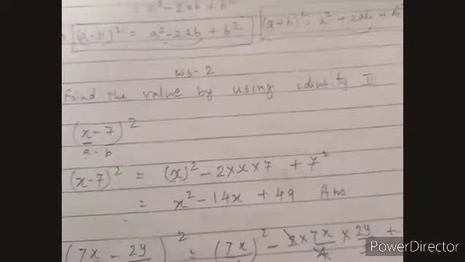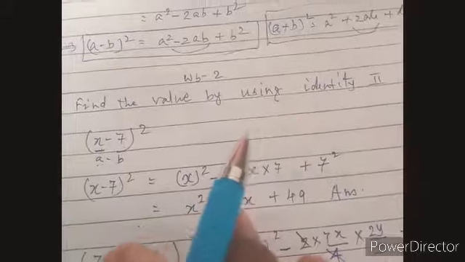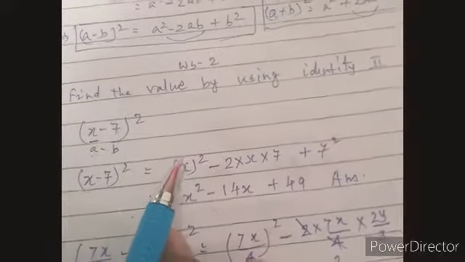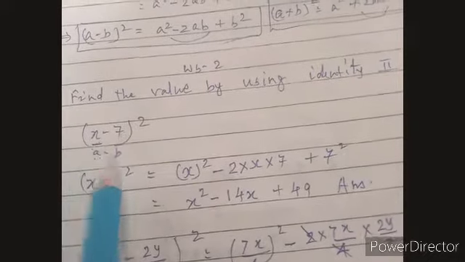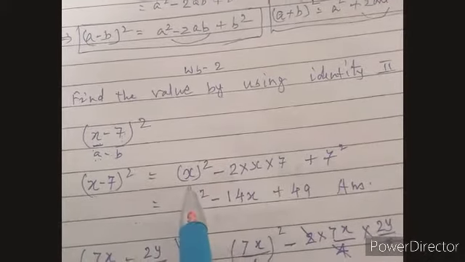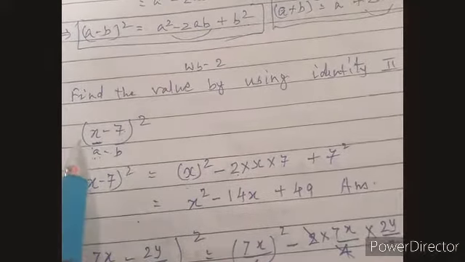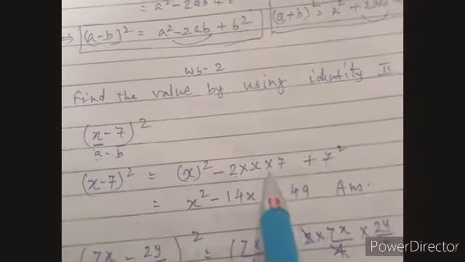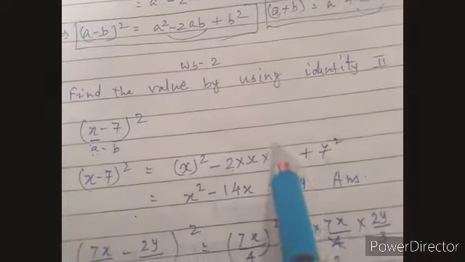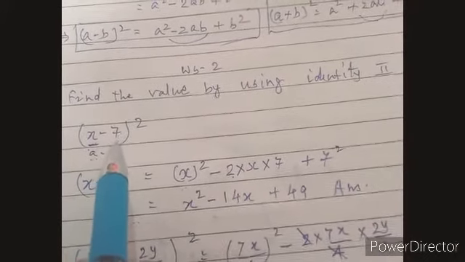Right? So this x minus 7 has come in the pattern (A minus B) whole square. Now we will recall the formula for (A minus B) whole square. A square, for A it is x, so A square means x square, minus 2AB, minus 2 A x and B 7. Some of the students also write here minus 7. No, it is wrong. Just recognize B, it is 7.